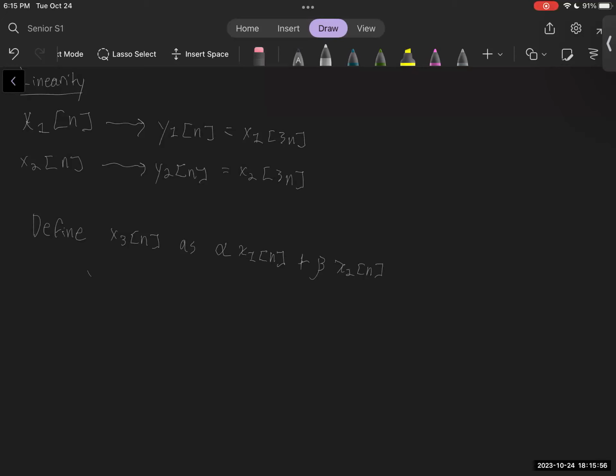And if y3 of n is equal to alpha y1 of n plus beta y2 of n,